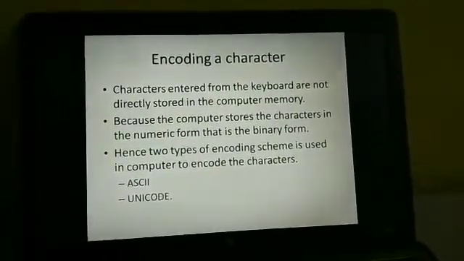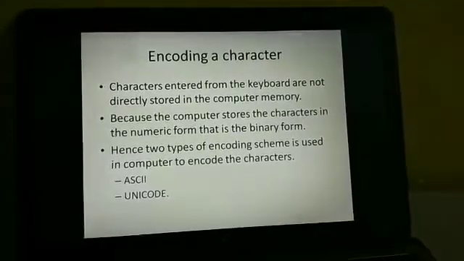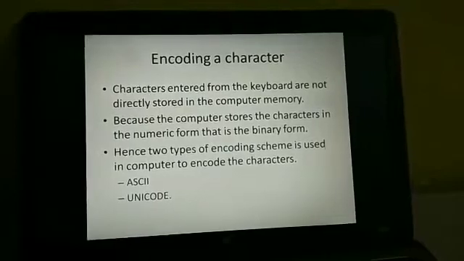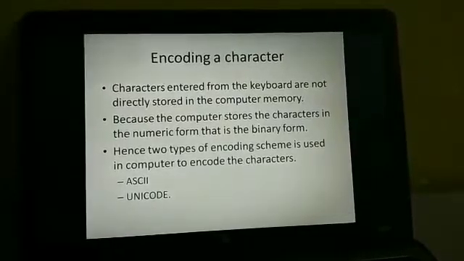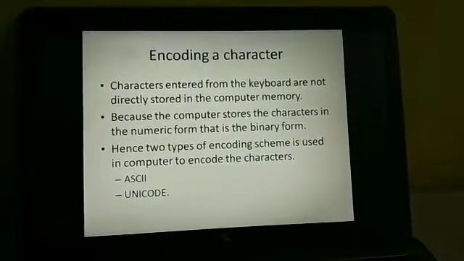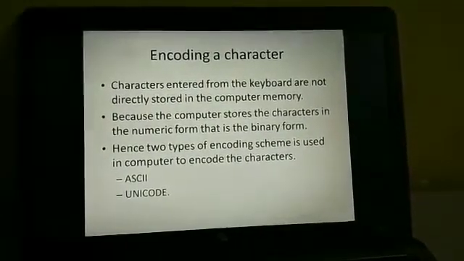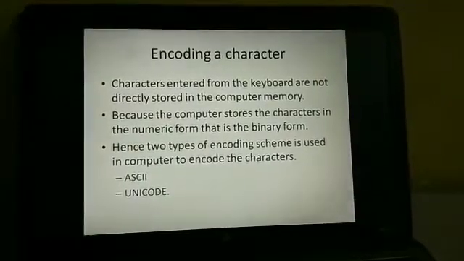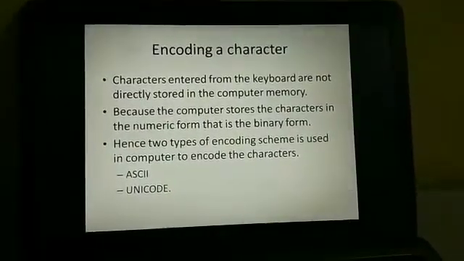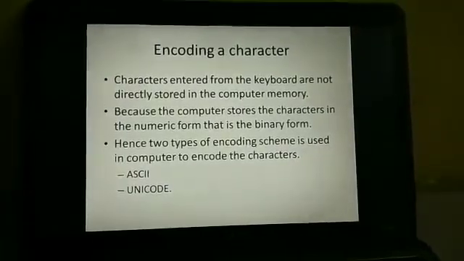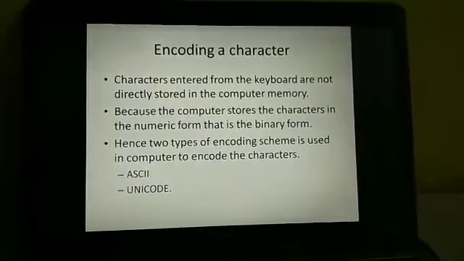Encoding a character: if you enter any character from the keyboard, it will not be stored directly in your computer memory. So to store the character in computer memory, it will be converted into a numeric form, that is binary form. You all are aware that a computer doesn't understand English or any regional language.